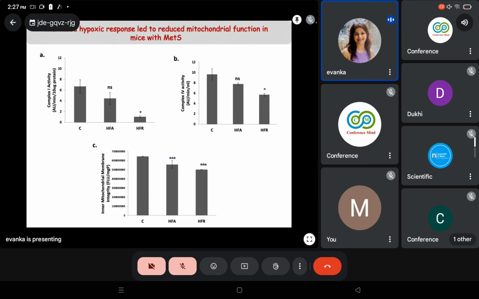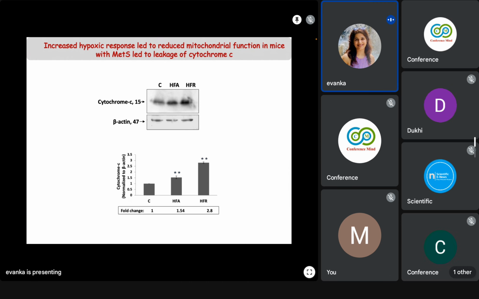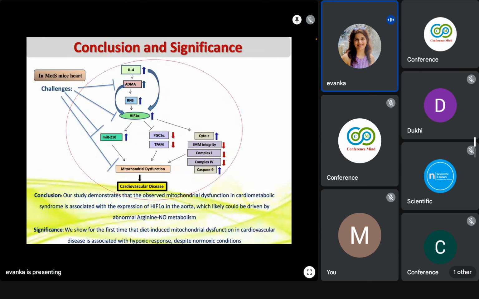There we found that the levels of complex 1, complex 4 and the mitochondrial membrane potential were downregulated, thereby leading to leakage of cytochrome C from the mitochondria into the cytosol. Thereby, we could see an increase in the levels of cytochrome C in both the HFA and HFR mice model. So we came to the conclusion that when there is an increase in IL-4 and ADMA,